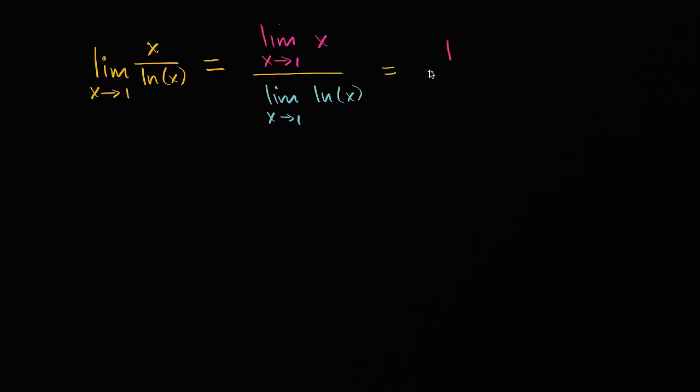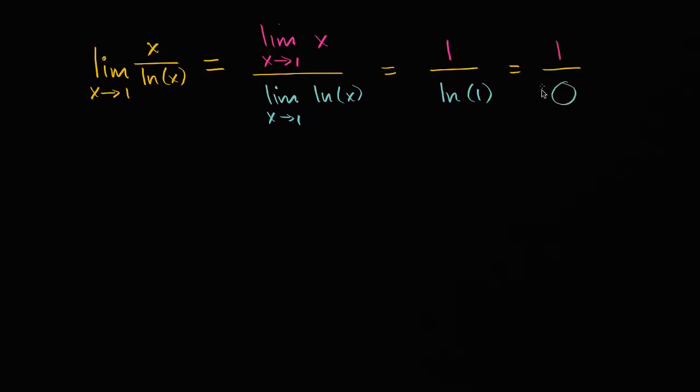And then the denominator, natural log of x is not defined for all x's, and therefore it isn't continuous everywhere, but it is continuous at x equals 1. And since it is continuous at x equals 1, then the limit here is just going to be the natural log evaluated at x equals 1. So this is just going to be the natural log of 1, which of course is 0. E to the 0 power is 1. So this is all going to be equal to, if we just evaluate it, 1 over